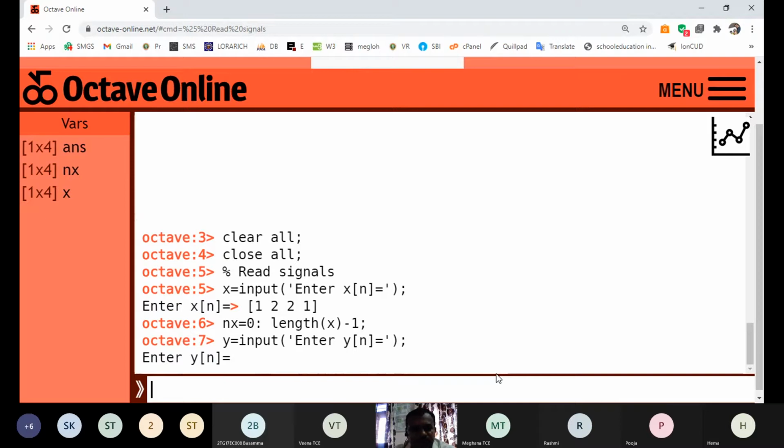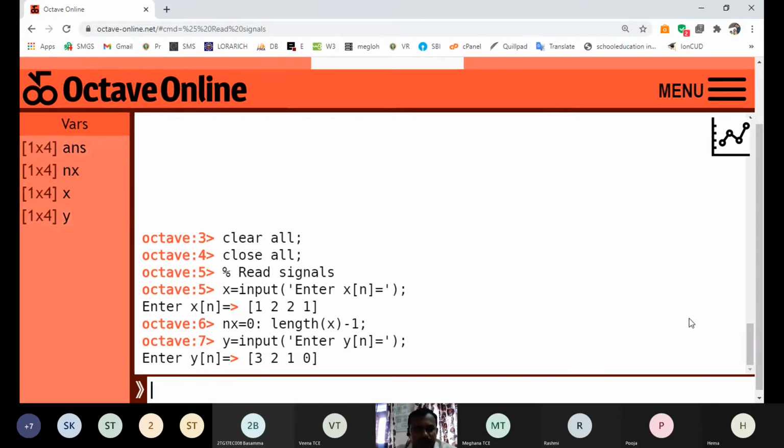So now the system is waiting for the input value of y of n. To enter the values, you can go for any values. Let me go for 3 2 1 0 from the manual. This is just a numerical value, so we can go for any example.